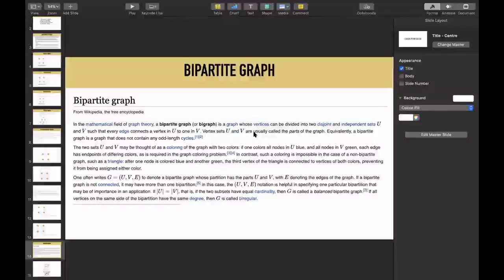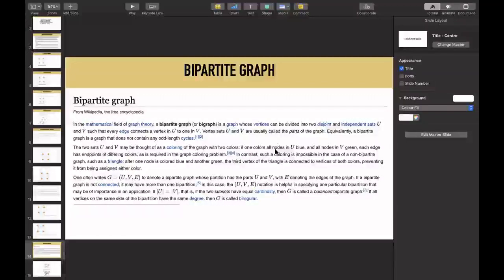Vertex sets U and V are usually called the parts of the graph. Evidently, a bipartite graph is a graph that does not contain any odd length cycles, because you can check that if my graph contains a cycle of odd length, then it can never be bipartite. Now the two sets U and V may be thought of as a coloring of the graph with two colors.